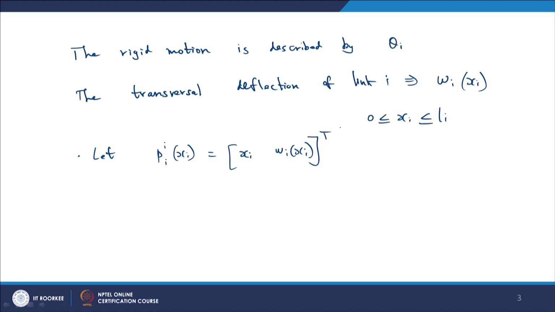So this is a column vector, where xi is a function of the input argument xi, because we are going to vary this vector by xi, and wi of xi is the deflection. So the position vector p_i with respect to i of xi is given by [xi, wi of xi],